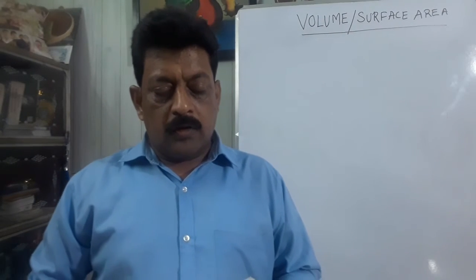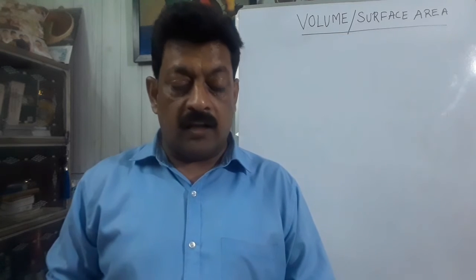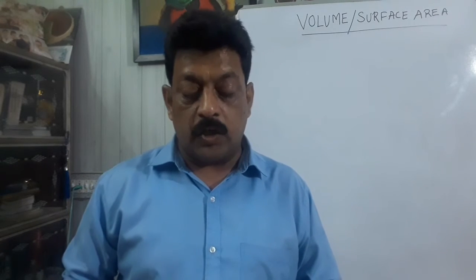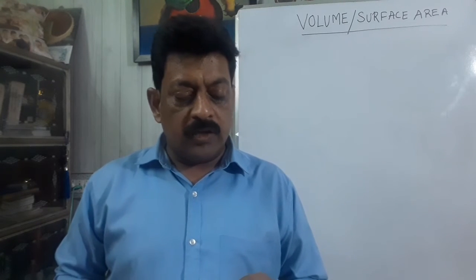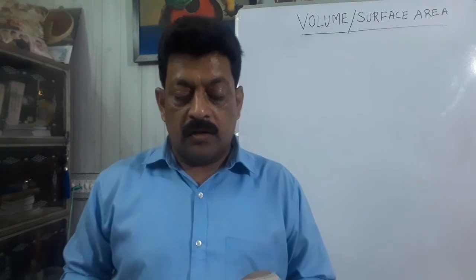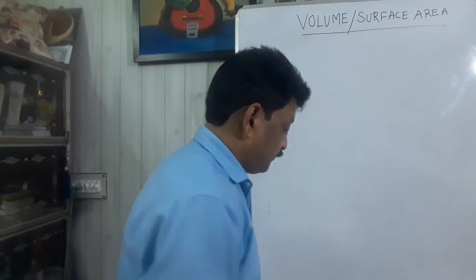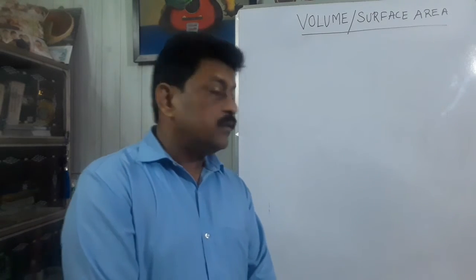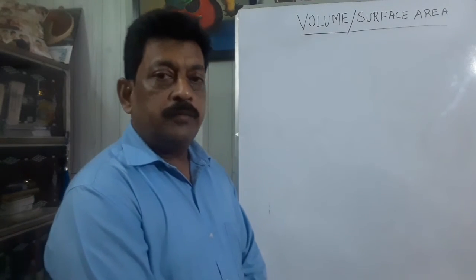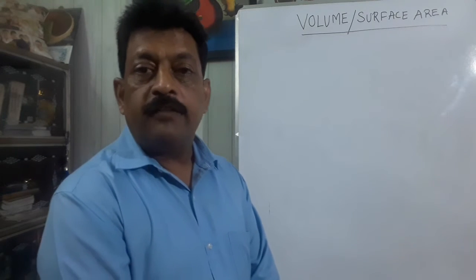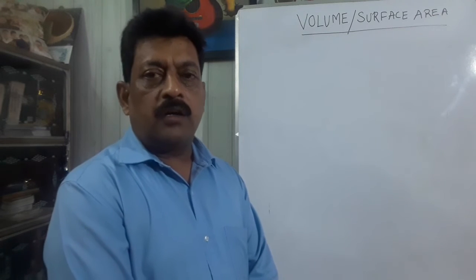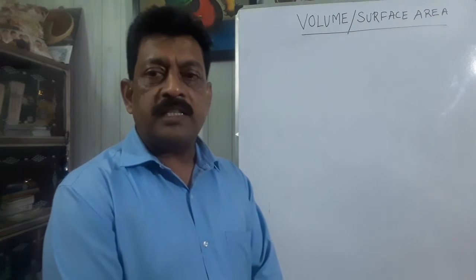Next question, students. The question is, water in a canal 6 meter wide and 1.5 meter deep is flowing with a speed of 10 km per hour. How much area will it irrigate in 30 minutes if 8 centimeter of standing water is needed for irrigation? So the water is flowing through the canal whose width and depth is given, and the speed of water is also given 10 km per hour, and this water is falling in a field whose area we have to find, where the height of the standing water is given as 8 centimeter.